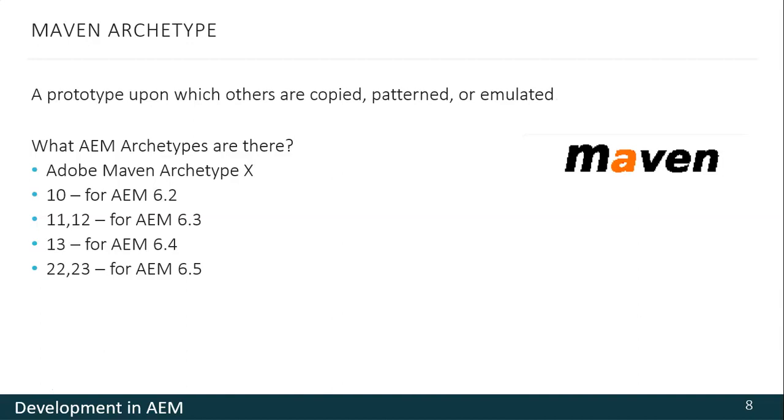For instance, AEM 6.5 requires version 22 or 23, whereas AEM 6.2 uses version 10. Another option available is the ACS Commons Lazybones project template. The key benefit of using such templates is that they use the best practices of AEM projects and provide flexibility through configuration options.